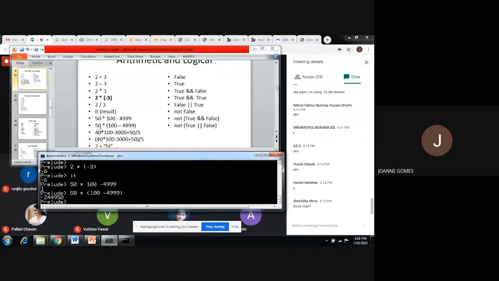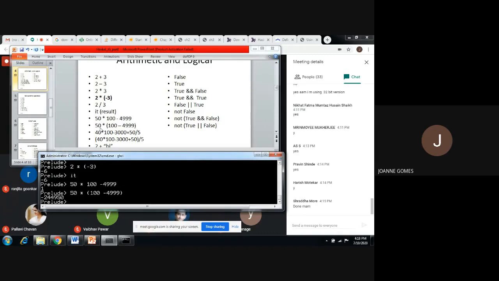So we have a topic called evaluation order. When it comes to arithmetic operations, the order is the same as in any other language: division, multiplication, then plus, minus, and above everything there is the bracket. So bracket is given preference here. But Haskell has many data types such as list, tuple. Those who have learned Python might know. So list, tuple, and function is also considered a data type.